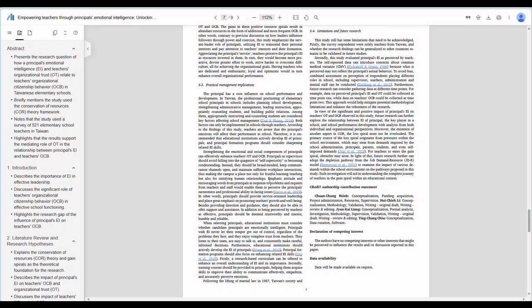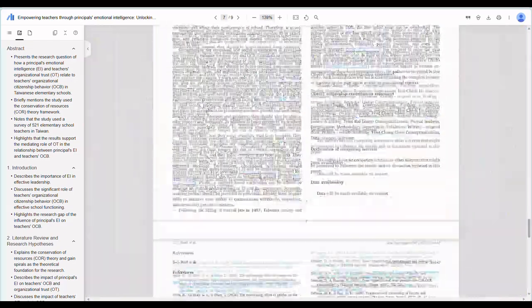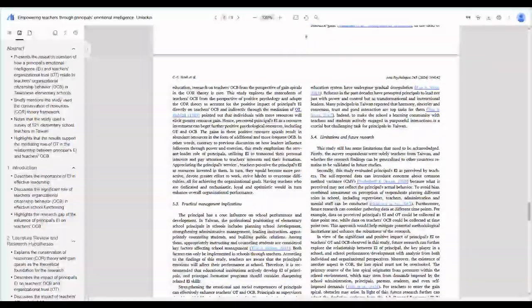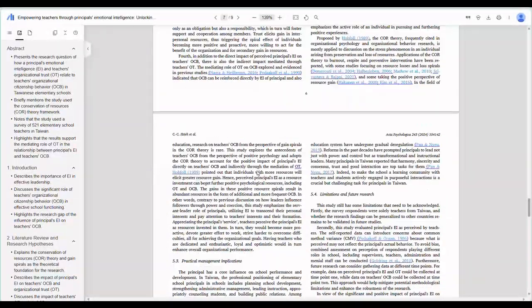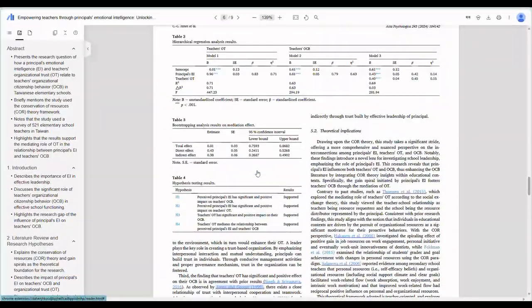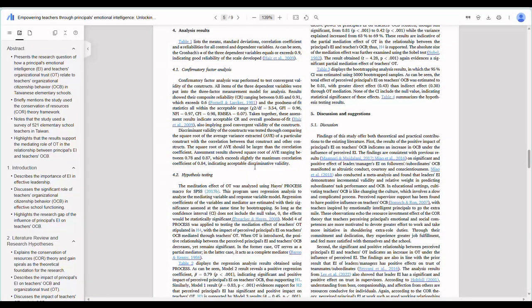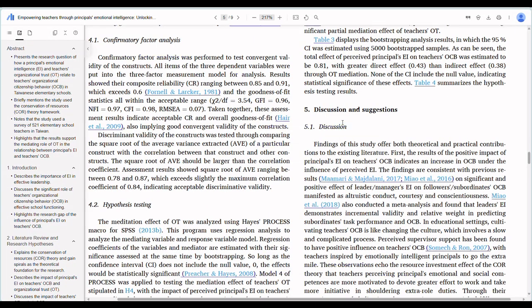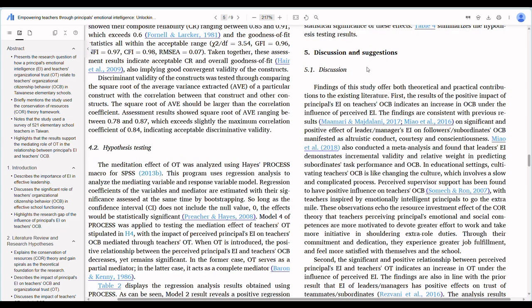Let me see another one. This study, okay, let's see. I want to see the discussion section. This study we are looking at on the screen is also another one. This is the discussion and suggestion section.